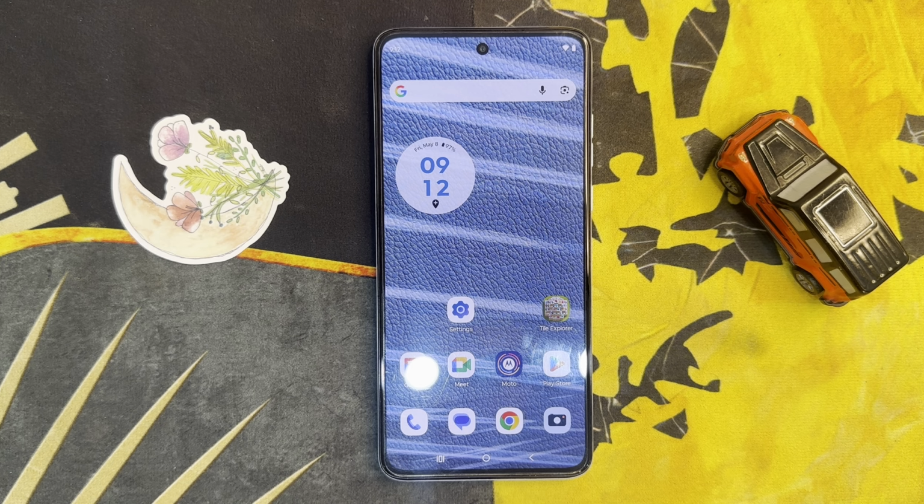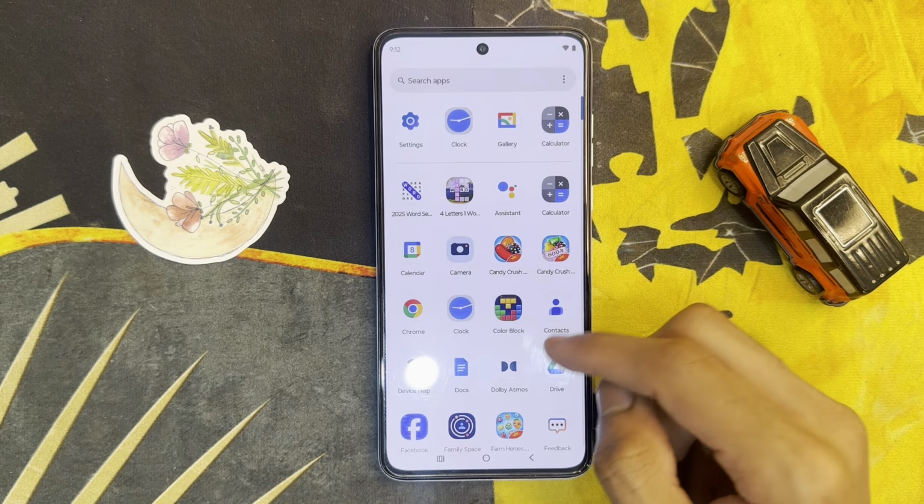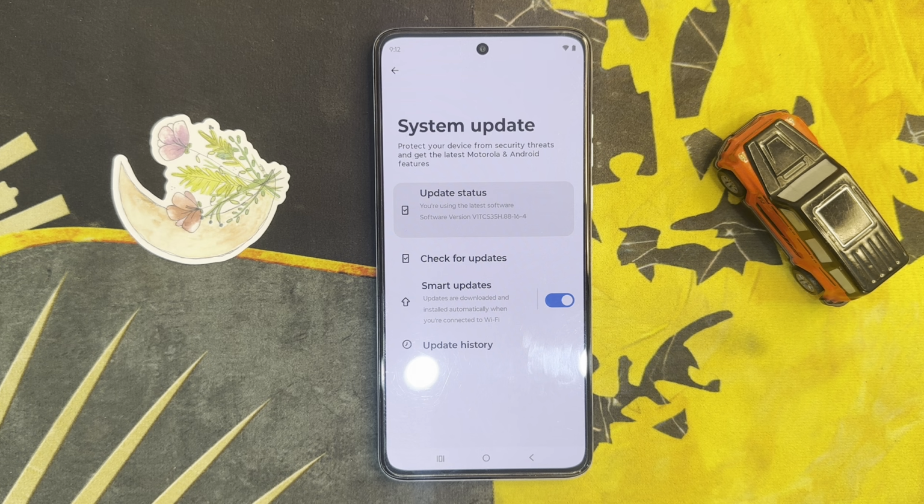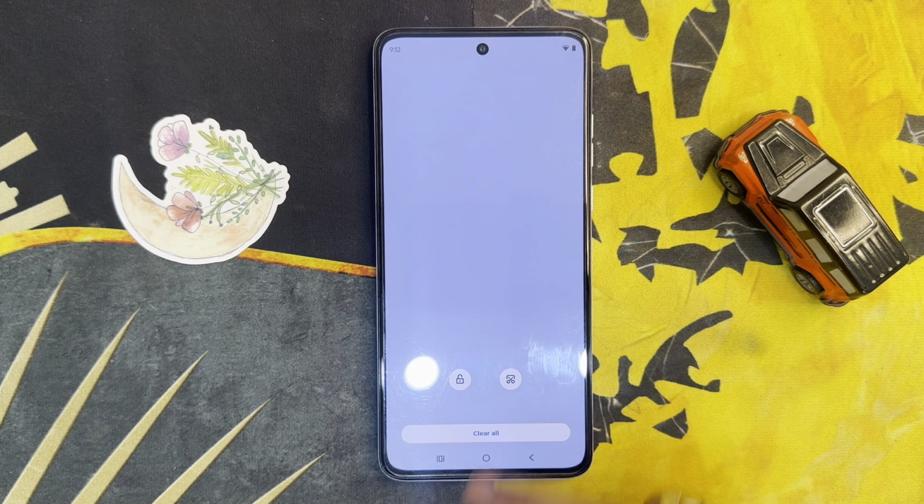But if it is still not solved, go to app library, click on settings app. Now in settings, click on system and update. You will check your software update is latest. If it is not latest, update your software to latest. After updating software to latest, go back to home screen. You will see your